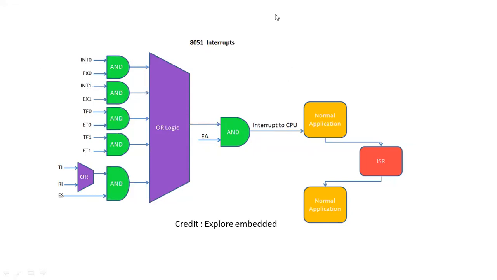This is INT0, this is INT1, this is timer flag 0, this is timer flag 1, and both of these are serial interrupts. TI and RI: this is a transmit interrupt and this is a receive interrupt. So we will require OR logic for this whole thing.